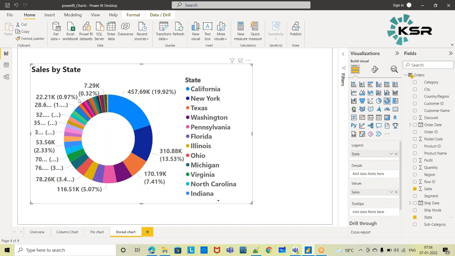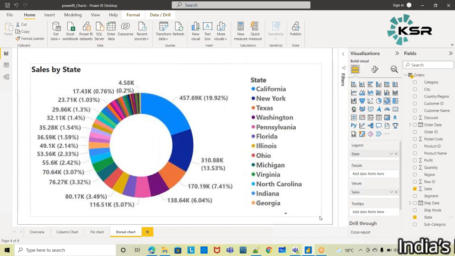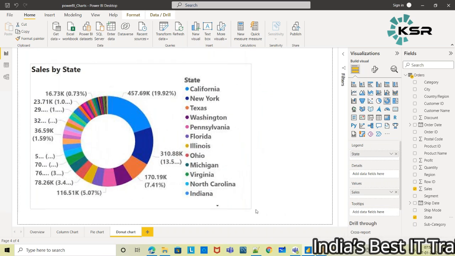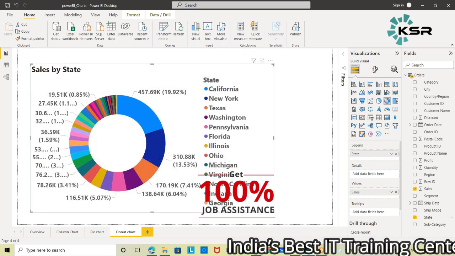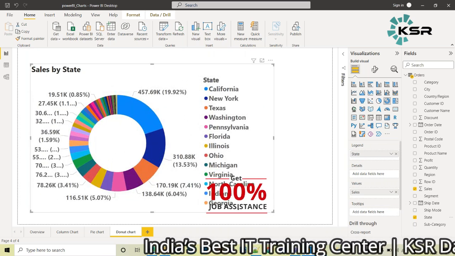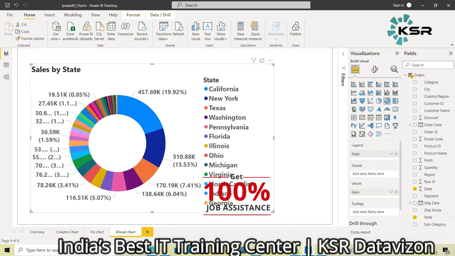We are not able to understand, no readability at all. See, what is this 28.6%? Which state is giving this sales? What is the percentage value? Nothing. We are not at all able to figure out, and the readability is completely gone. So we are not able to understand what the data is, what the story behind this data is.